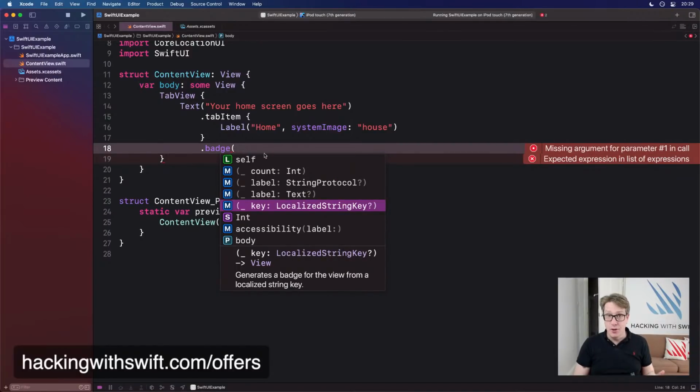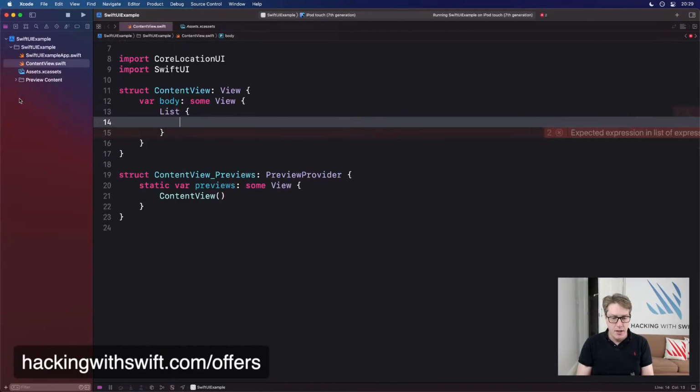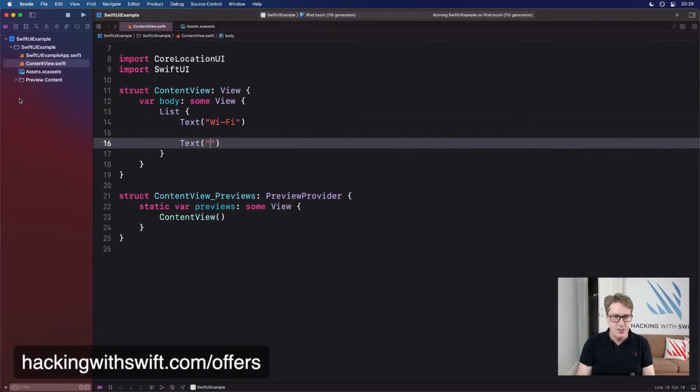This also works with lists. You can actually recreate a settings-style screen where the thing appears on the left and then the detail appears on the right, a badge on the right. Let's do a list. If you're doing settings, it's things like text is Wi-Fi and then text is Bluetooth. In settings, they have Wi-Fi and Bluetooth on the left.